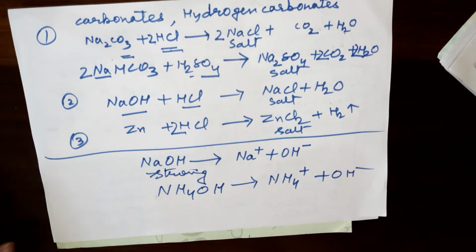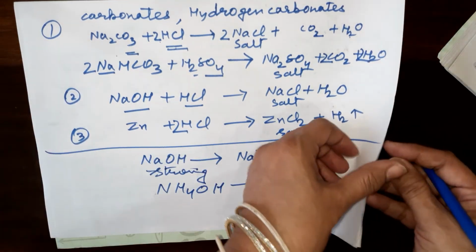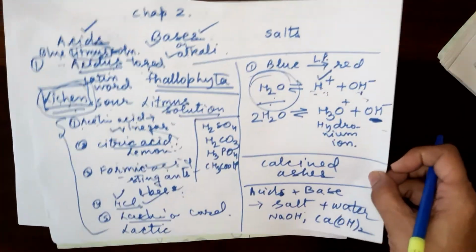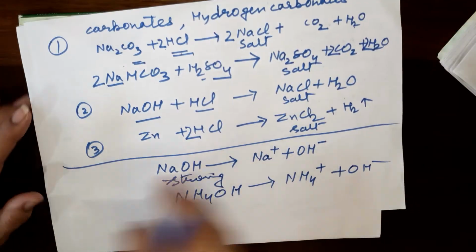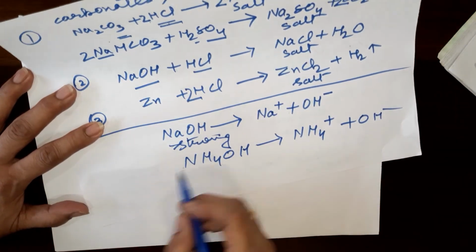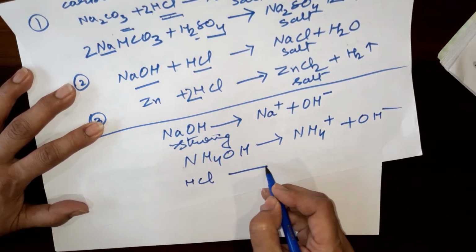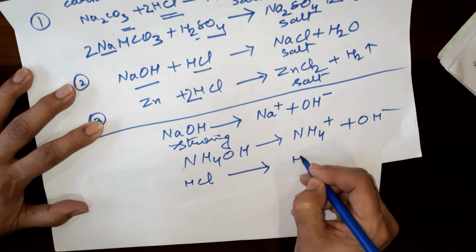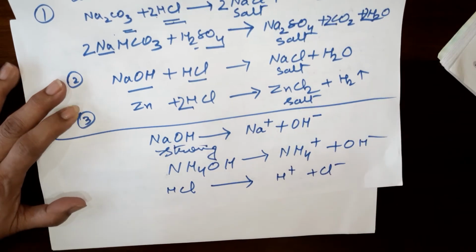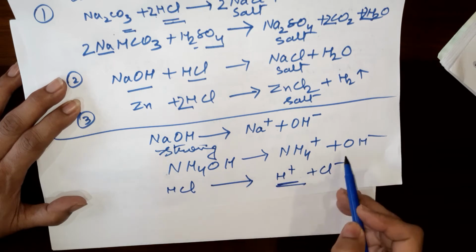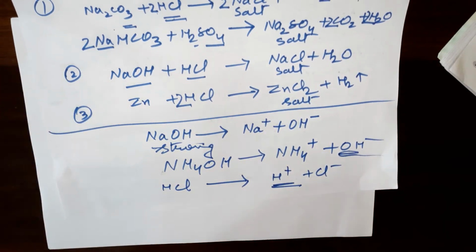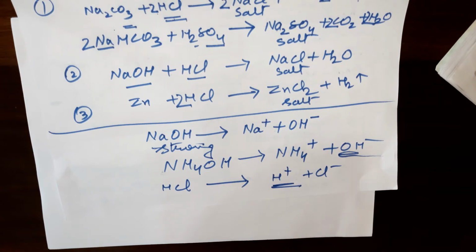So what you observe is that acids form hydrogen ion. For example, again I show you here, if HCl gets dissociated, it will form hydrogen ion and chloride ion. And here you see they form OH ion. Alkalis form the hydroxyl ion. So these were a few properties of hydrogen and hydroxyl with respect to the acid and base.